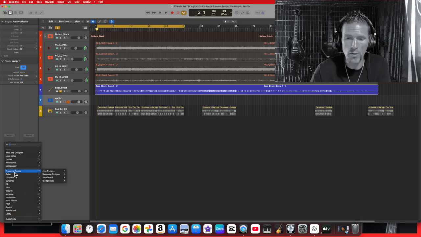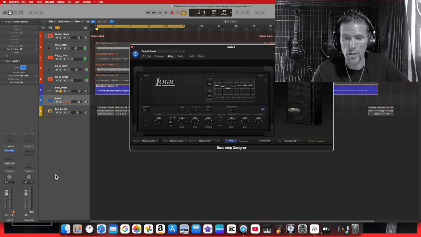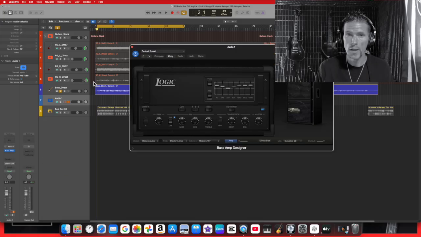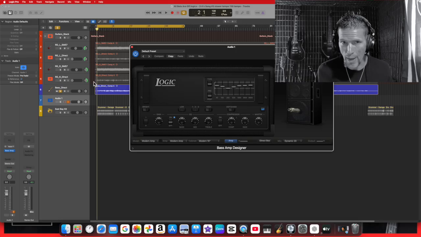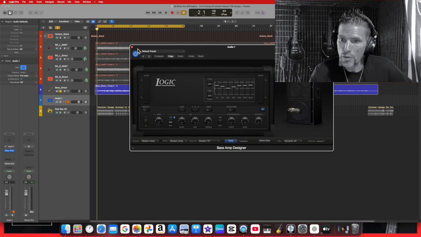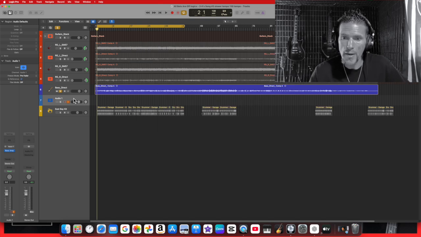bass designer on there. We're going to go to amps and pedals, and we're going to go over to bass amp designer, mono, and create. Okay, there we are. There's your bass amp designer there, okay? From here, we can fine tune that clean dry signal to what we want. Either put a clean bass on it, or a crunch, or a distortion bass, whatever you want to do to it, okay? So now that I showed you that,